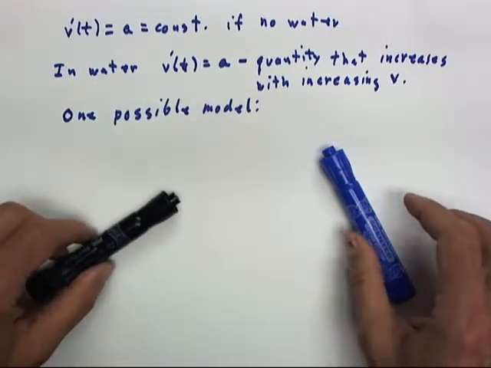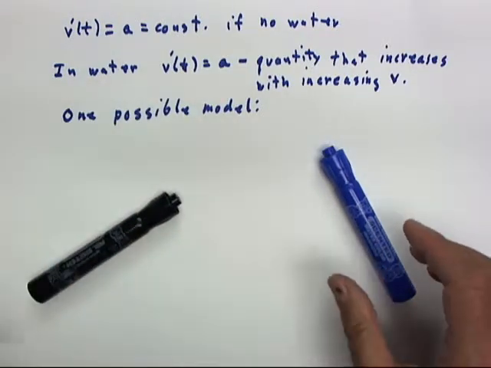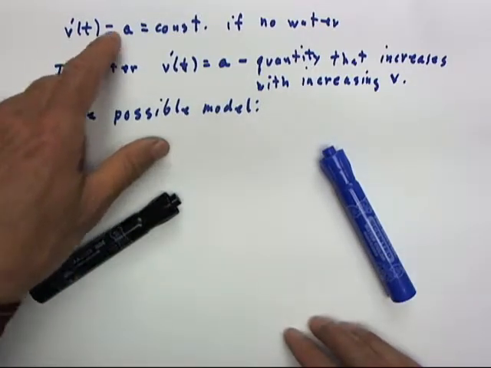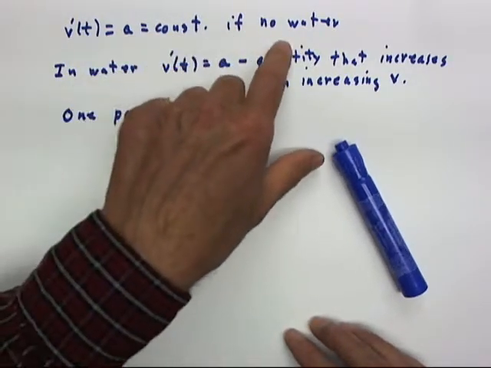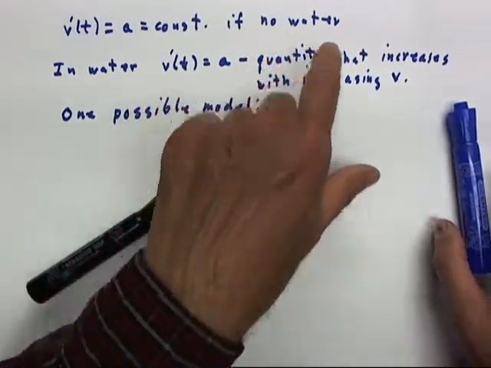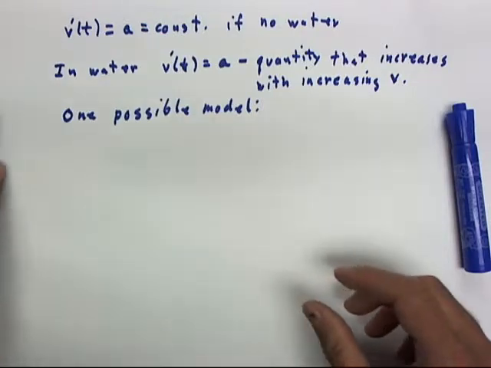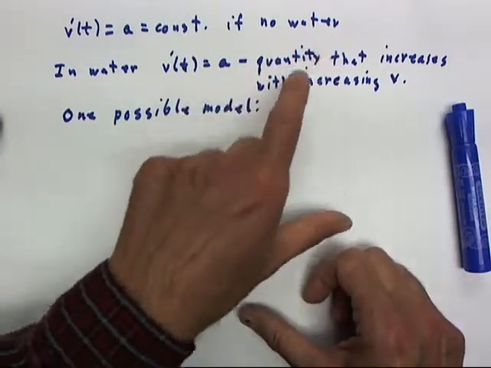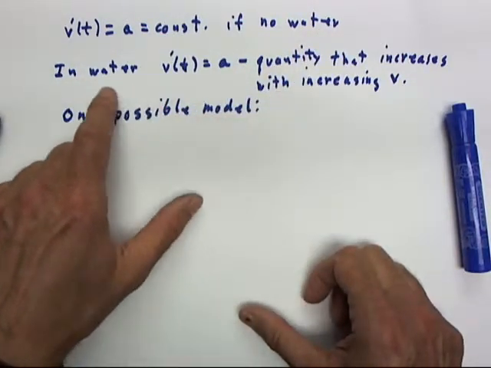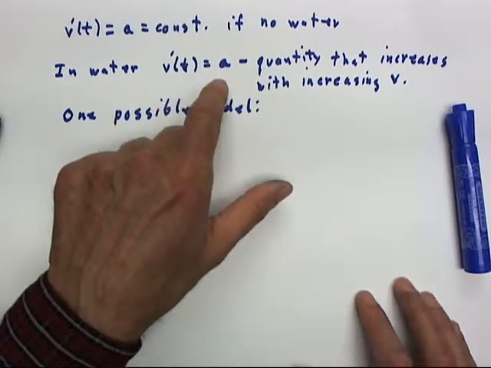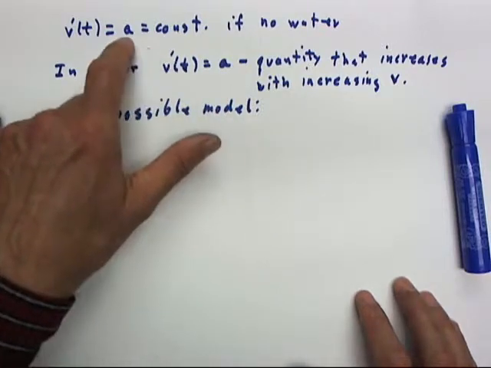We're going to develop one possible model for the ball moving through water. First of all, again, v prime of t equals a, which is constant if there's no water. We're assuming a straight ramp and no influences other than gravity, and we're not going to talk too much about the physics. But okay, so in water we have a function v prime of t equals a, same as it would be